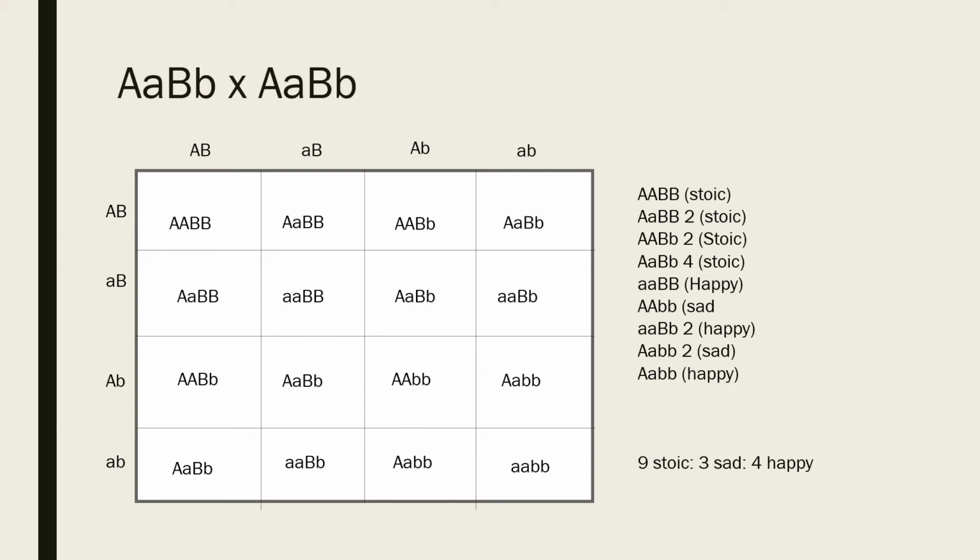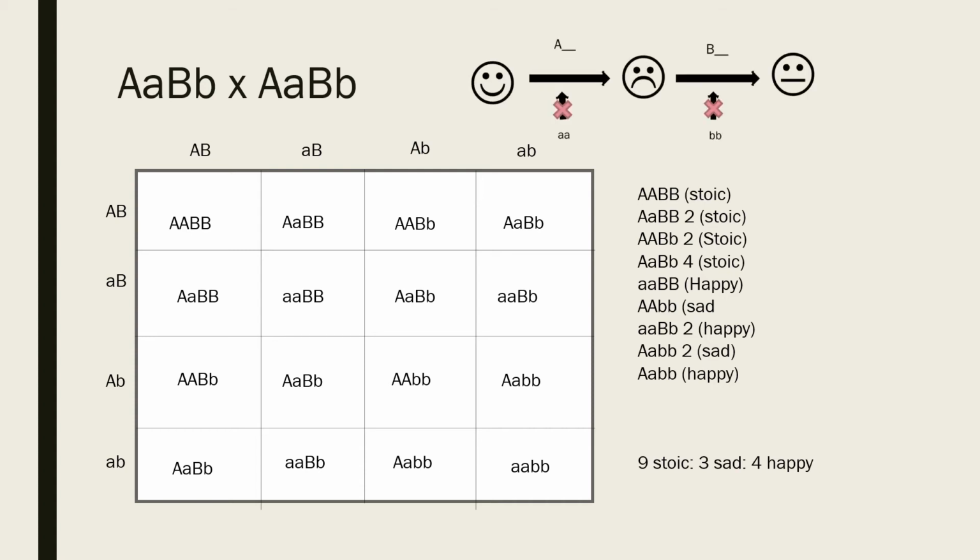So here we can look at a dihybrid cross between big A, big B, little b with another big A, big B, little b. Looking back on our pathway, we can remember that whenever there is two little a's, it stops at a smiley face, but if there's big A, it goes on to the sad face, but then if there's two little b's, it stops at the sad face, but if there's a big B, it goes on to